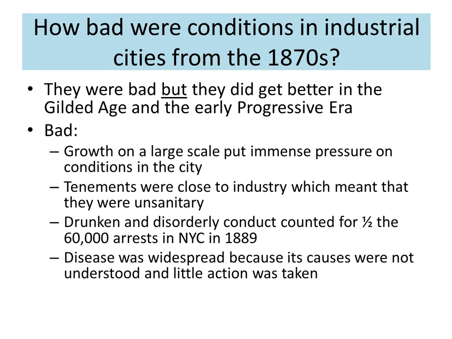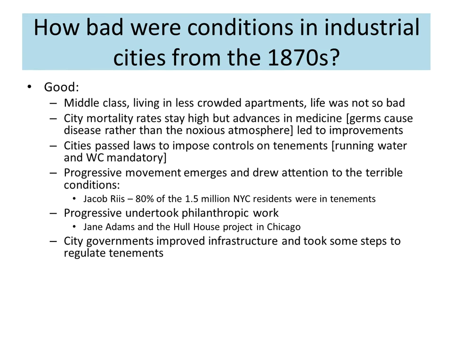They were drunk and disorderly. Crime was high because of a lack of policing and the densely populated nature and the organization of crime. Disease is widespread because not only were its causes little understood, little action is actually taken to prevent disease. Water is not purified, sanitation isn't taken care of, etc., etc.